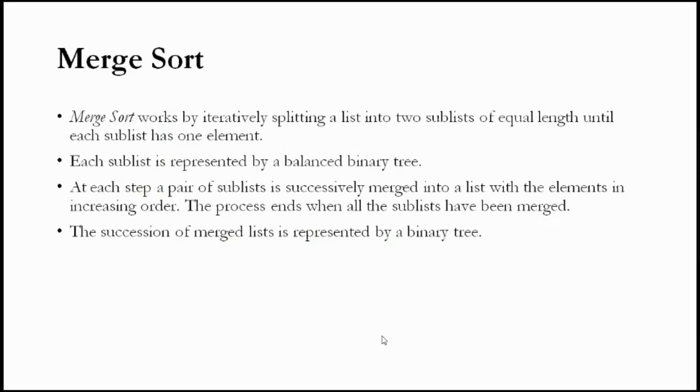It will pick the first part, the n by 2 part. Again, it will split into 2, so that is n by 4, n by 4. It will pick up the second part and divide exactly into 2 equal halves, that is n by 4 and n by 4. In total, how many n by 4s did you get? Total 4 n by 4s. So this n by 4 will be further divided into 2 equal parts. How long will it be divided? It will be divided till you get the smallest unit of elements, that means a single element. Till that time it will divide.